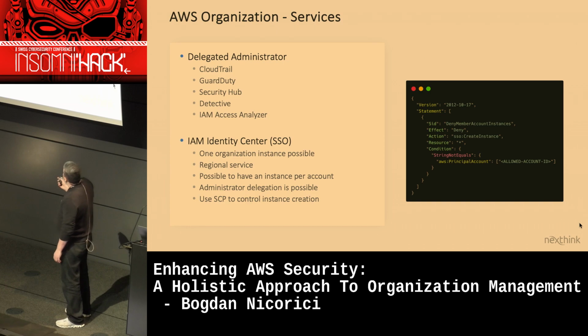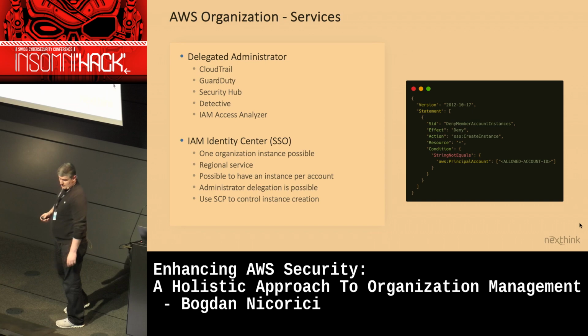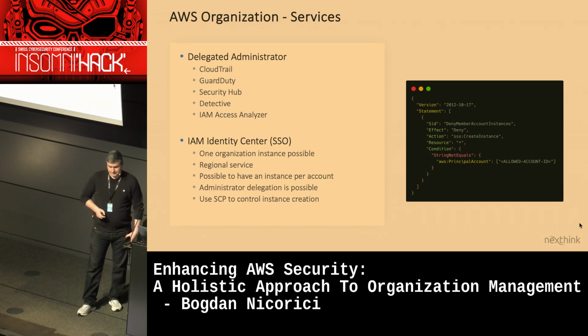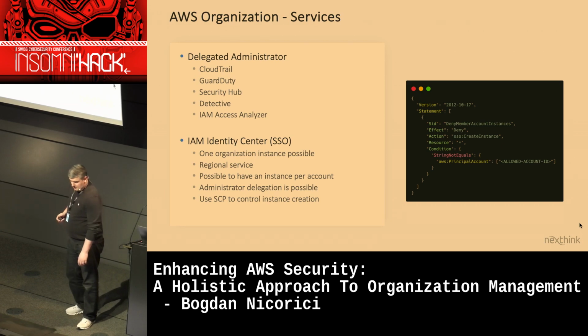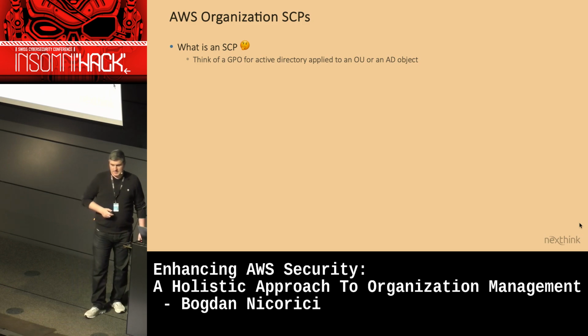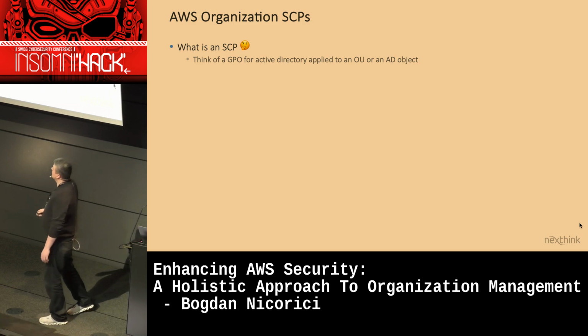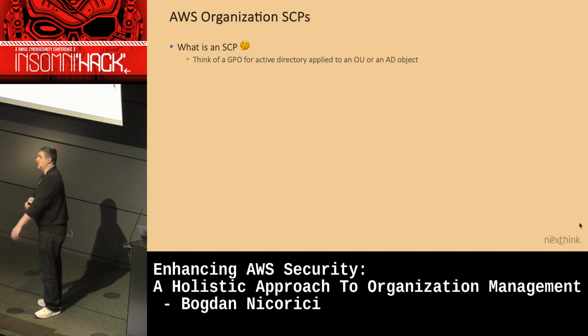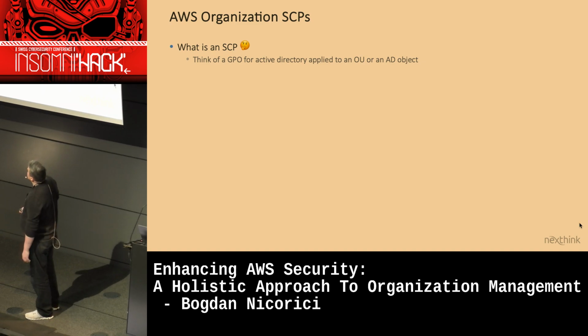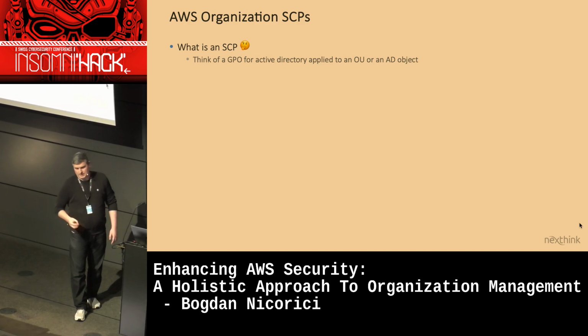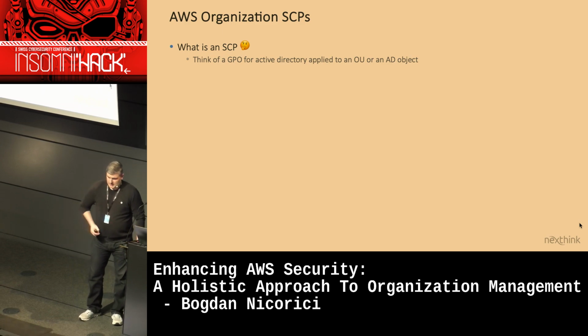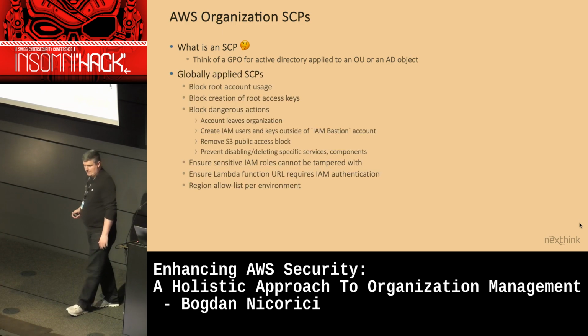And I just gave you an example of an SCP. If you want to stop the creation of instances per account, just in case you have people with high level of privileges in different accounts, you actually want to prevent them from creating identity providers. So what's an SCP? You can think of an SCP as a GPO for Active Directory. I think pretty much everyone knows what a GPO is in the world of Windows. That you can apply to an organization unit or to an AD object. In this case, it could be an AWS account or an organization unit of the AWS organization.